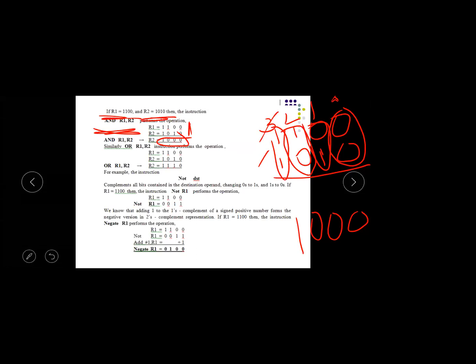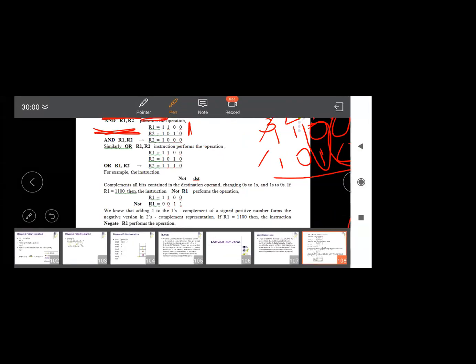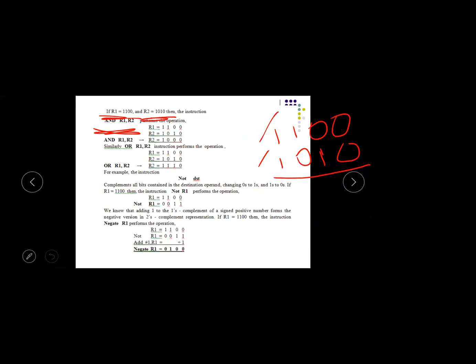same bit position? For the 0 bit position, the two bits there, we have to perform the AND operation, and for the first bit position we have to perform the AND operation. Similarly second bit position, third bit position. If there are 8 bits, the same continues for the fourth, fifth, sixth, and seventh bit positions. All the 8 bits are performed. This is the AND operation between the two registers.